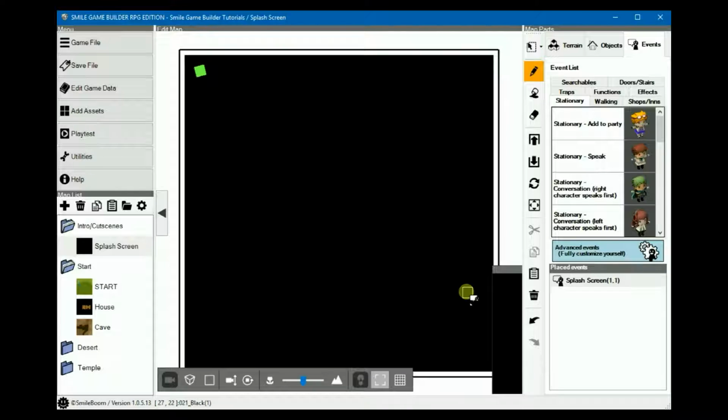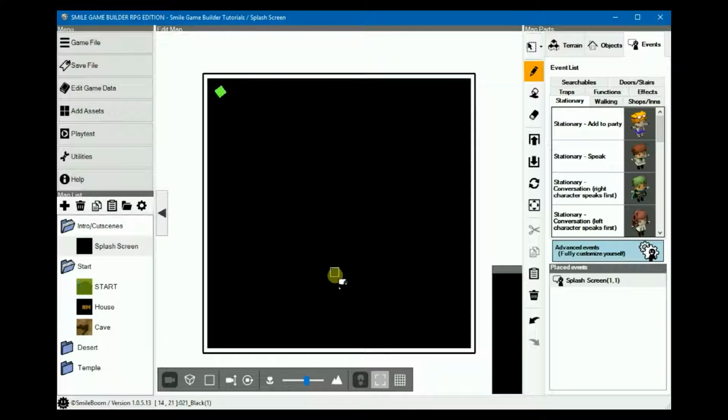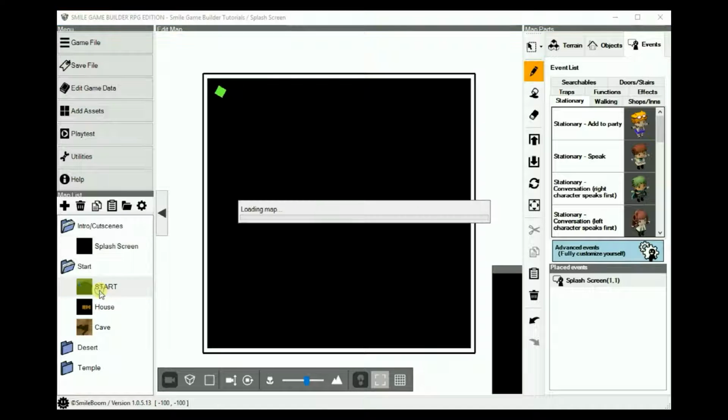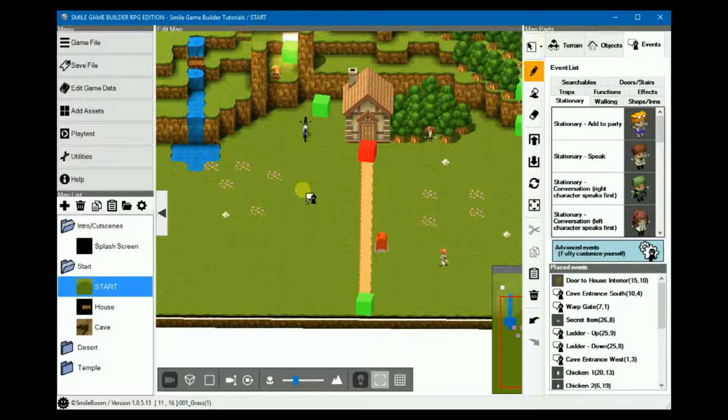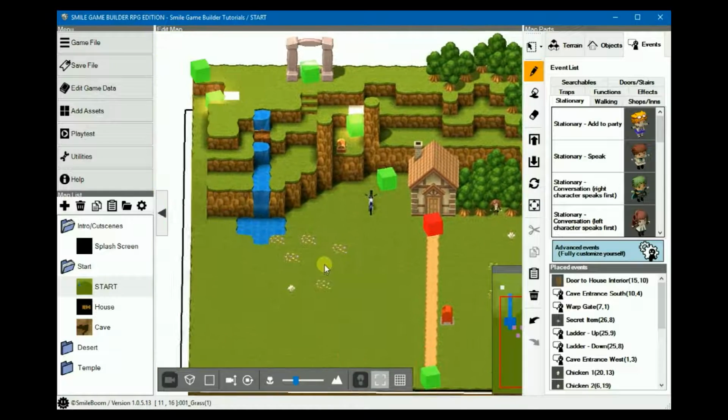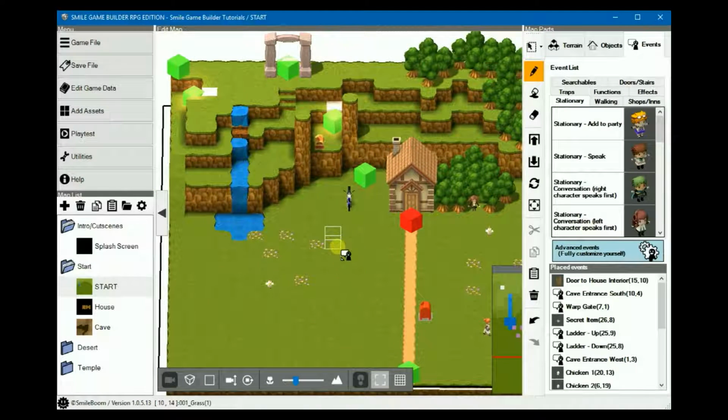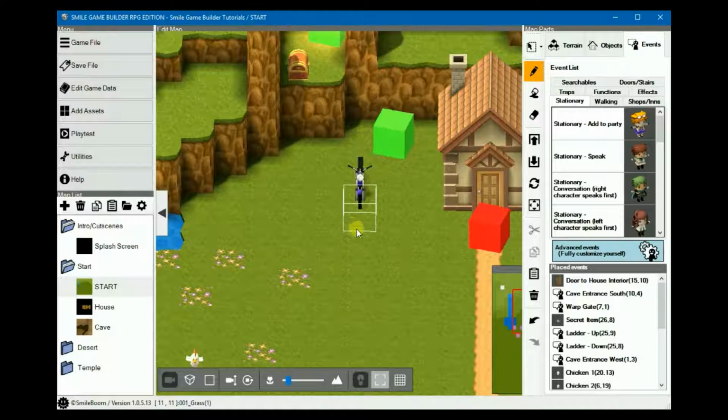You should be familiar with SGB by now that you don't need a complete step-by-step guide to setting up events, so I'll zip through a few parts and focus more on the triggers themselves. I've already pre-created most of the events to save time. As you'll see, I've changed a few things around on the maps, and I've been experimenting with the